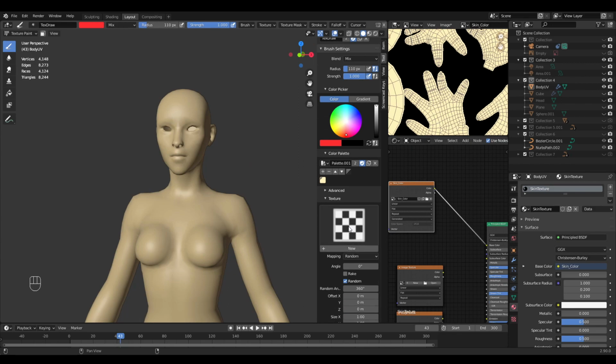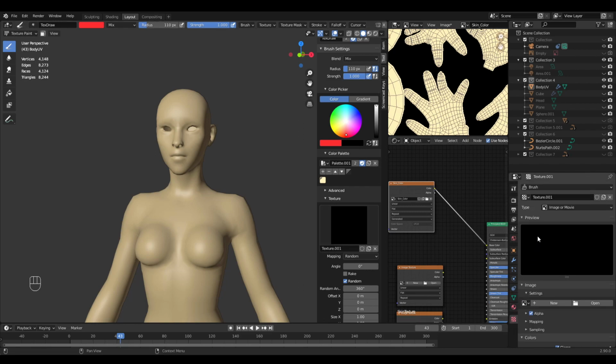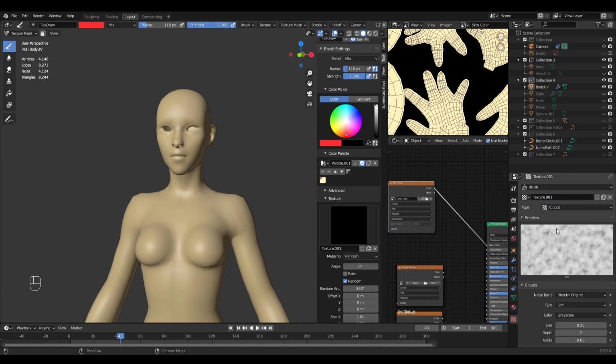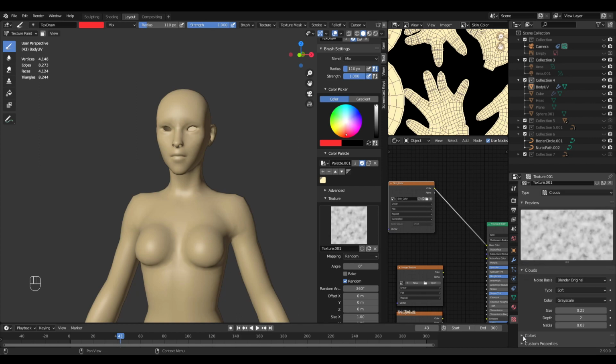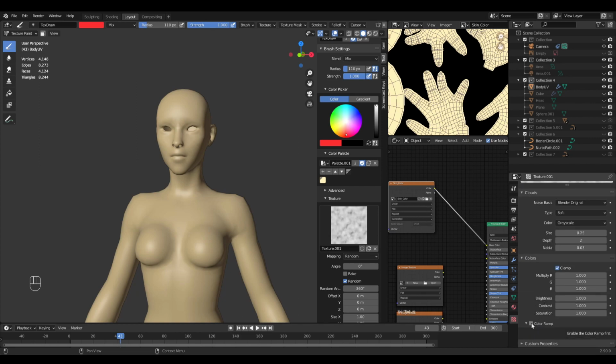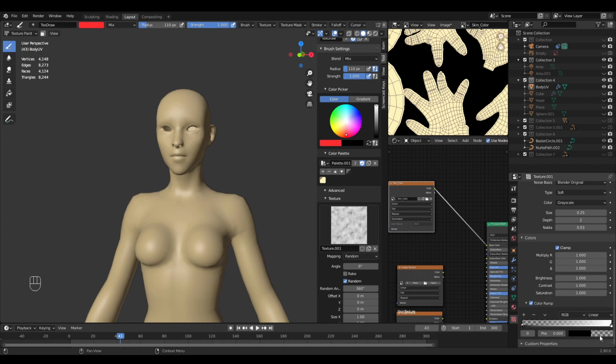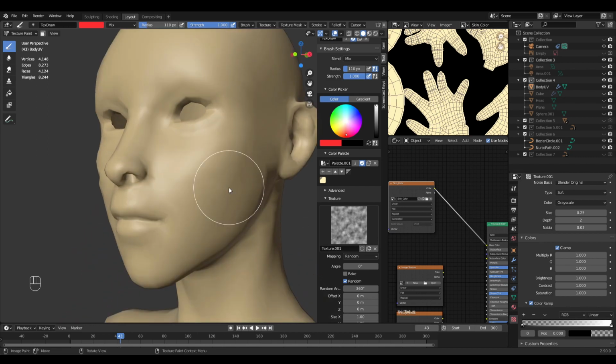I'm gonna show you how to create a texture. So I'm gonna create a new one, go at the bottom up here, and if you have to, have this on the brush and select the texture. Then I'm gonna select clouds, go at the bottom, expand the colors, use the color ramp. And when I'm gonna draw,